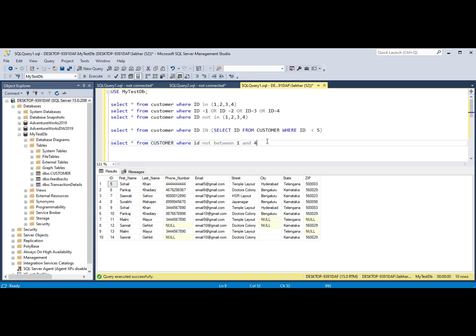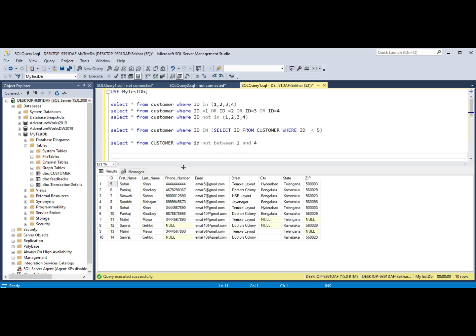Now we will talk about LIKE. LIKE is used if you want to query the result based on a certain pattern in the field values. There are certain kinds of wildcards in LIKE, which include percentage, underscore, or something like that. We'll find out in our query right now and see how it is working.